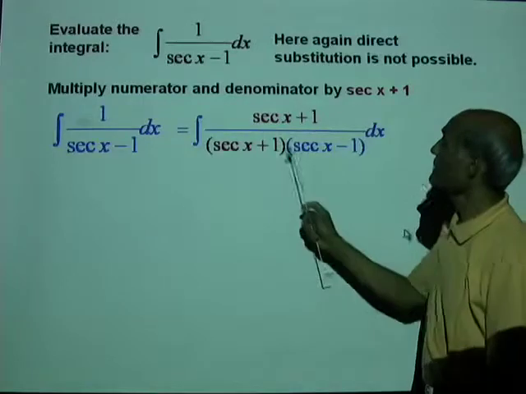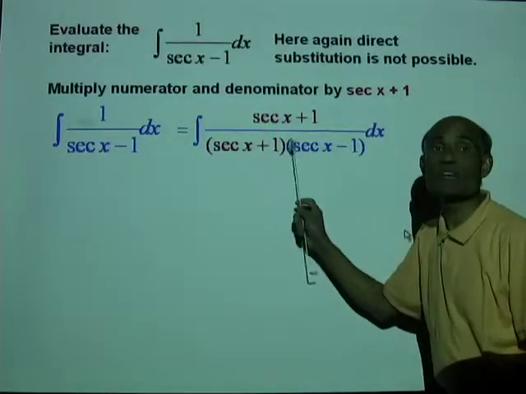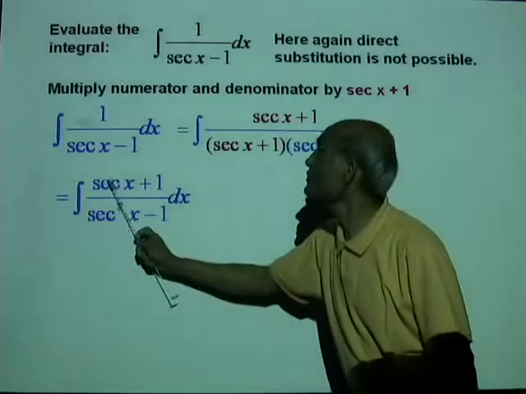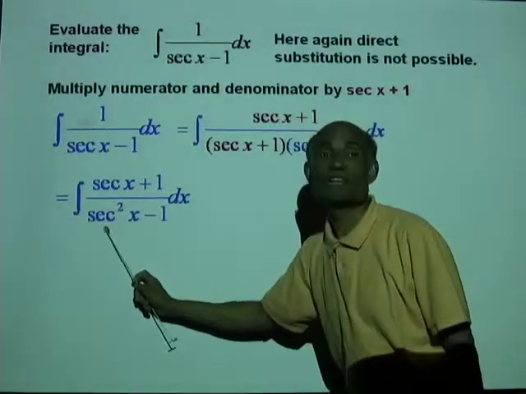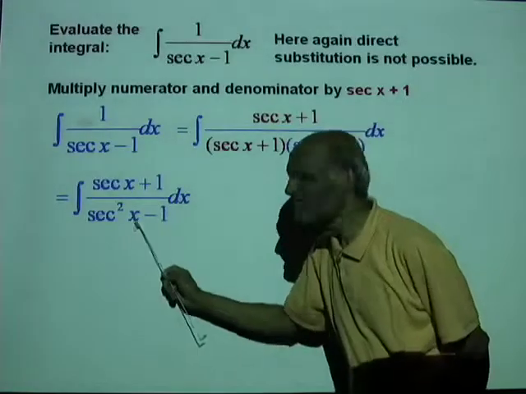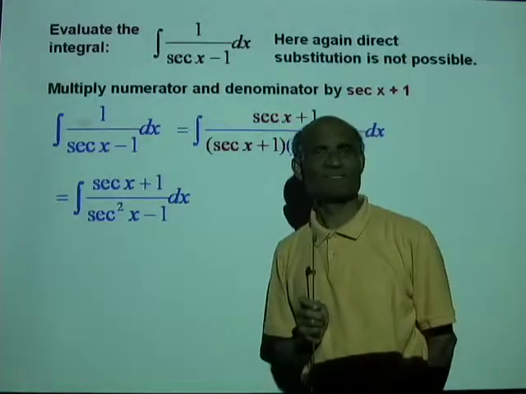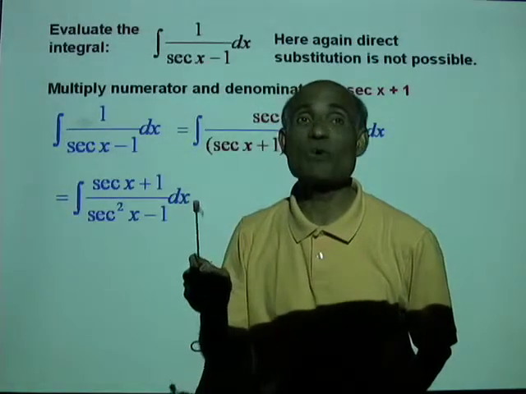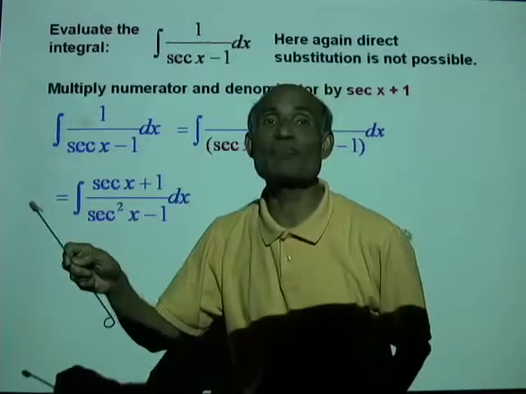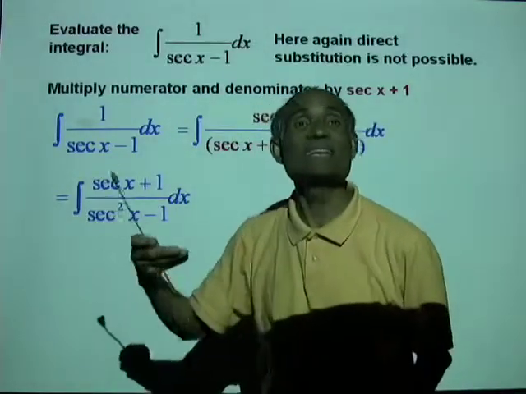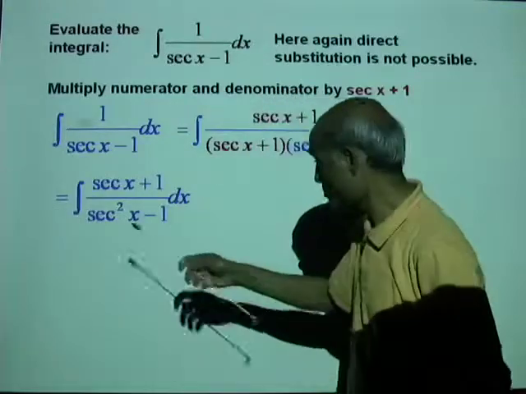What does that become? The denominator becomes secant squared x minus 1. So the numerator is secant x plus 1. The denominator is secant squared x minus 1. What is secant squared x? If you remember our identities, 1 plus tan squared x equal to secant squared x. Therefore, secant squared x minus 1 is tan squared x. So we can replace,